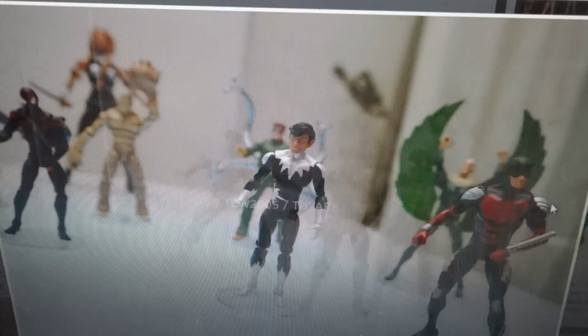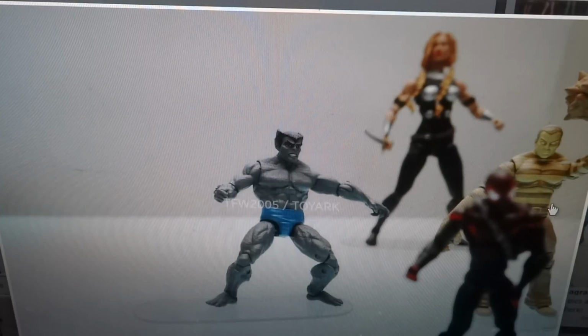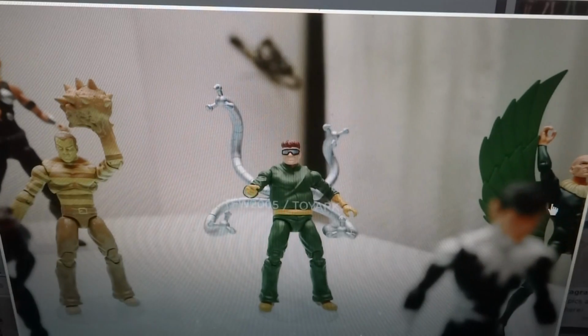The real thing that there is to talk about, waiting to get a good picture. Come on, there we are. Well, there you go. We get Dr. Octopus. This is something I am ecstatic to get, because although Vulture you can do a custom with,